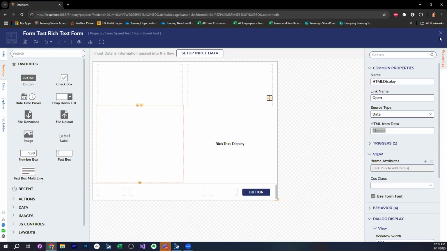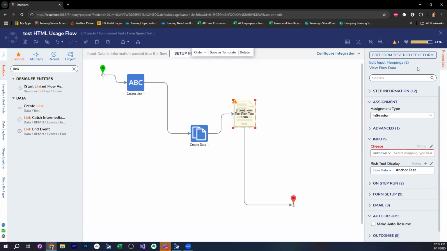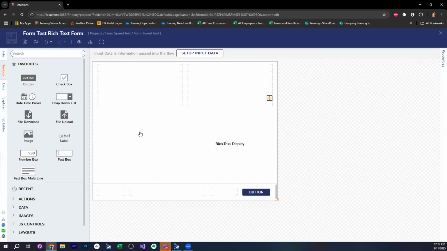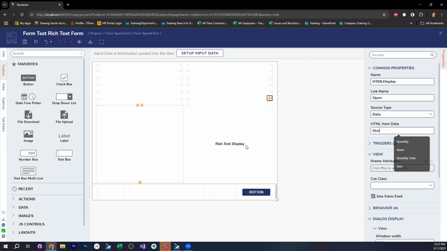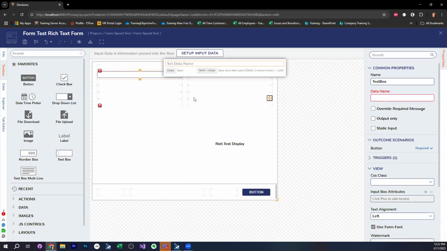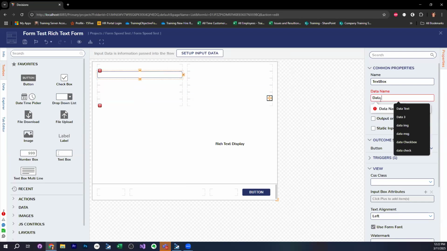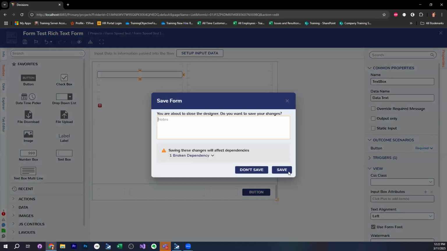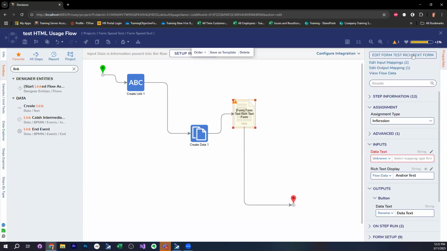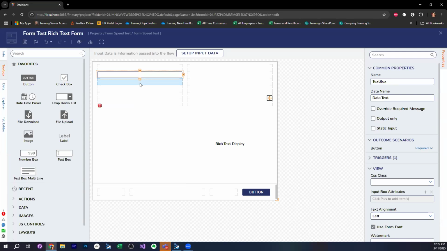So if I just called it cheese, just so we can see the difference. Now it's cheese. Okay, if you like cheese. I don't like cheese, but queso, that's new to me. Most form controls, it's kind of like text boxes, right? Text boxes you don't have to define as an input at the top. I can say this is data text, and that creates an input. Yeah, it's the same thing. Okay, gotcha, all makes sense. All right, cool. I'm going to pass it back over to you, Jeremy. Thanks. Sure thing, of course, our pleasure.